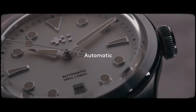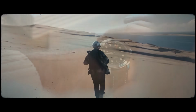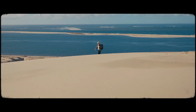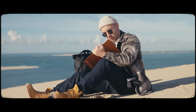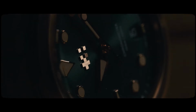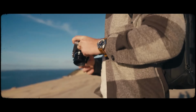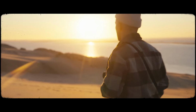A few times a year, Christopher Ward runs sales periods for their end-of-line watches and like-new returns. One such sale came to an end last week, where a variety of June models were discounted. While you might not be able to find these kind of prices at the time of the video's release, there is a healthy second-hand market should this model take your fancy. There are a number of colourways available, but for me, I think the white sand is the pick of the